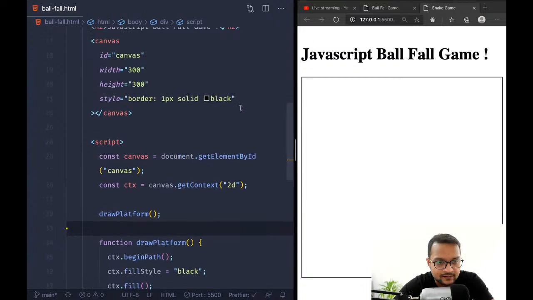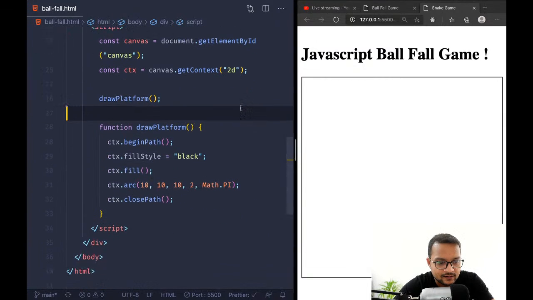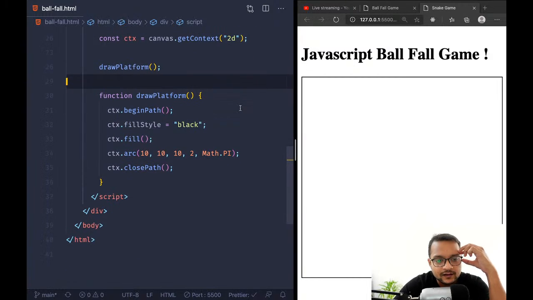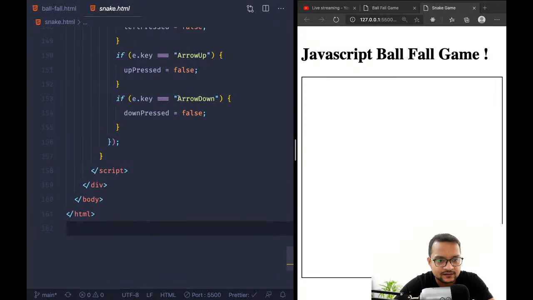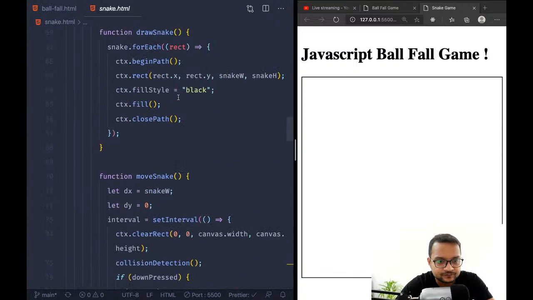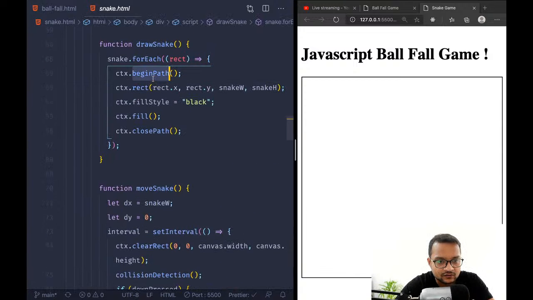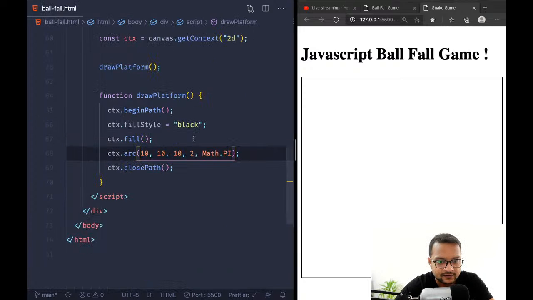What happened? Okay, can anyone suggest what I am doing wrong? Is there close path, begin path? I can check on the snake game. Yeah, it's correct. Begin path, close path. Right. Exactly. Begin, close,